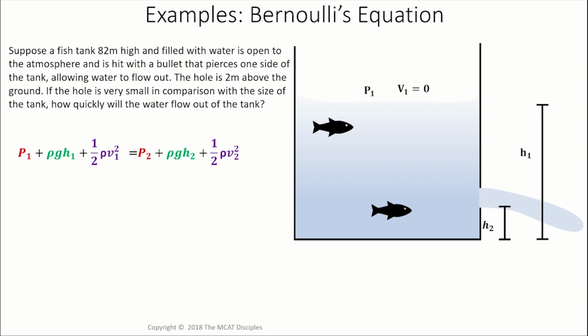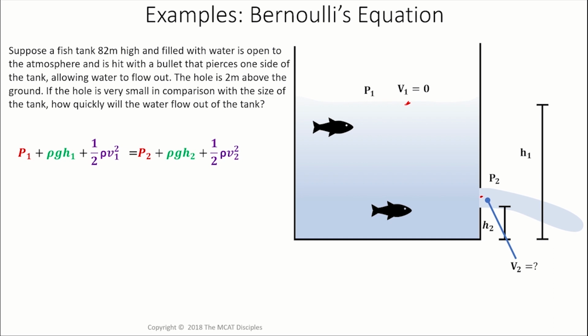The convention is that you set V1 equal to 0 for a situation like this because we assume that the flow here is essentially close to 0. Is this moving? Yes. Is it moving very little? Yes. So we just assume it's 0. Now how about this? This is where we're interested. We want to find out what V2 is. We know what P2 is, don't we? P2 is equal to atmospheric pressure because this is exposed to the atmosphere now. What's V2? Well, that's what we're interested in finding out.